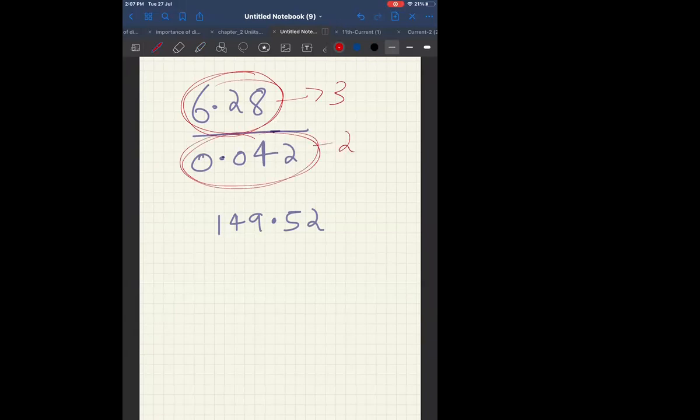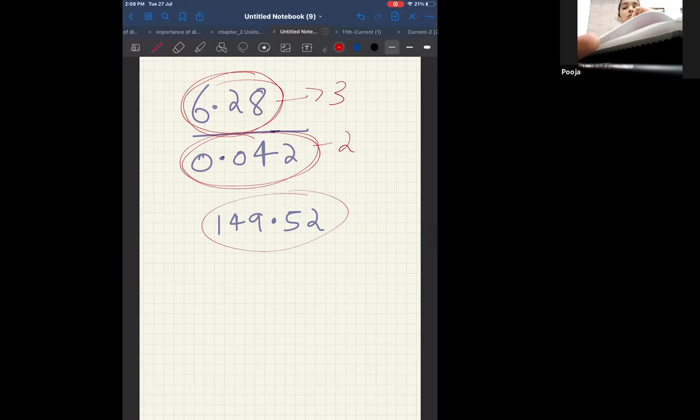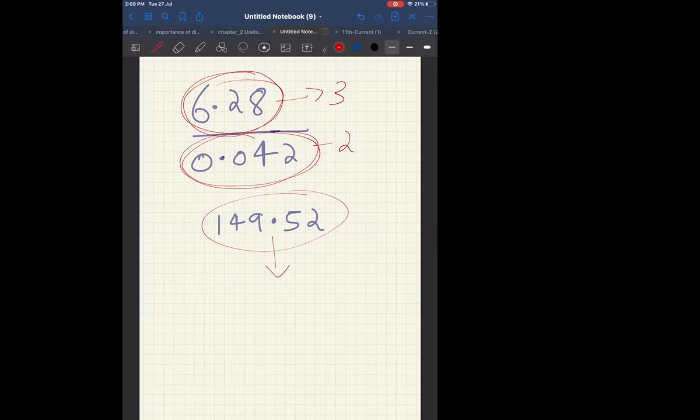2. And I know my number is a 3-digit number. Therefore, the only way I can get out of this is I write it as 150. Can I say my answer has 2 significant figures? And my answer is closer to the actual answer. Therefore, the answer is 150. Can I say my answer is rounded off correctly? Plus, it is following the rule of significant figures because 150 has only 2 significant figures, not 3.